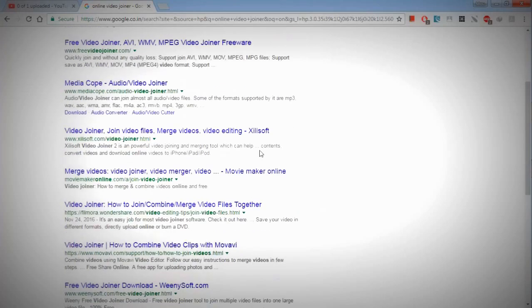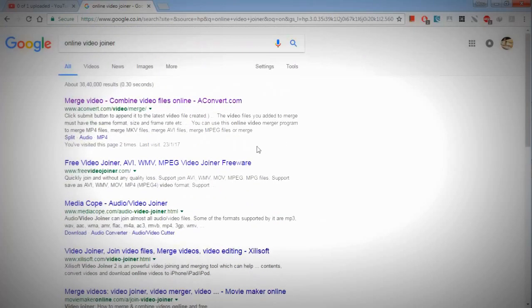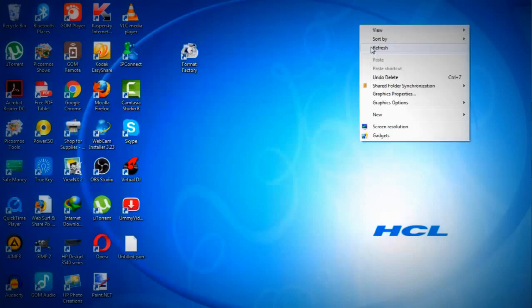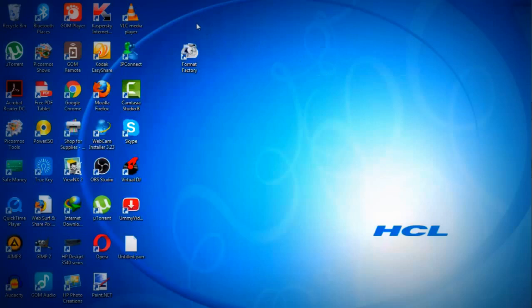So instead of doing this online video joining process, you can simply download a simple software onto your computer, and you can perform the video joining process anytime on your computer, as long as you wish. You don't need any Wi-Fi or anything. You can do it offline.